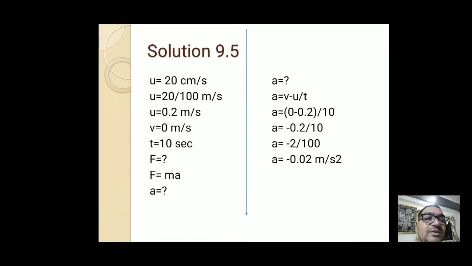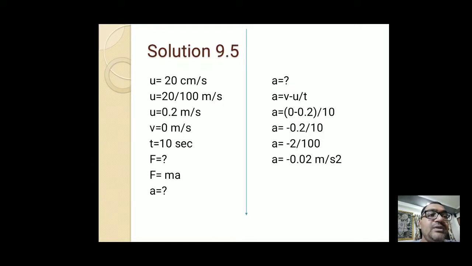So F is equal to how much? Students, what is the basic formula for finding force? That is F equal to ma. Here you can see that a is also not given, so first we have to find the value of a. A means acceleration. We can find the value of a using the values of u, v and t. The acceleration formula is in the second step on the right hand side: a equal to v minus u upon t.